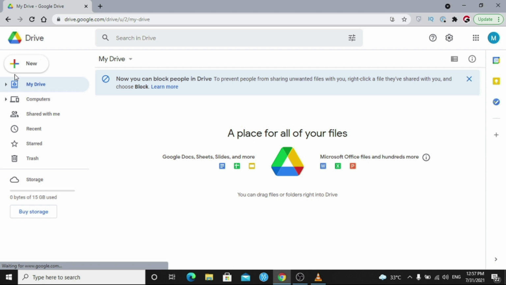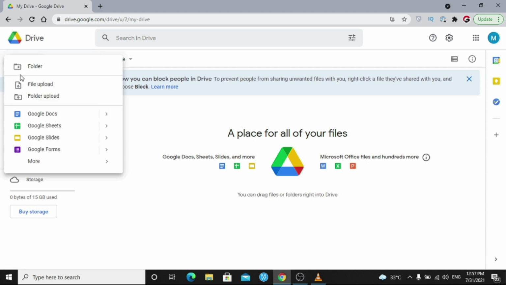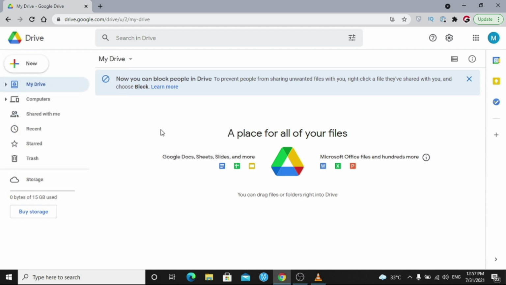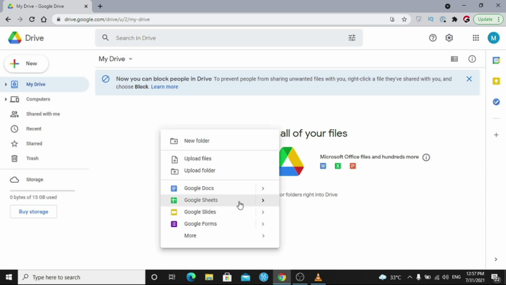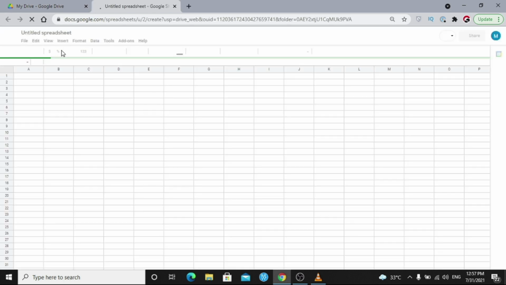In the Google Drive, you can see at the upper left corner there is a plus sign. You can click on it and create a sheet, or you can right click on the blank area and select Sheets. There you have two options. One is the blank and the second one is the template. Templates are uploaded by some users for us to choose for a specific reason, or we can go with the blank. Here we will select the blank sheet.